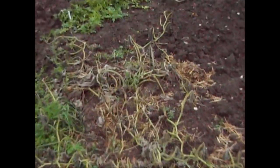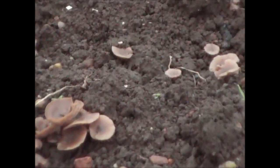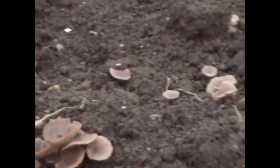I've just actually noticed I've got a load of toadstools growing on the vegetable patch there. I've not seen that before. They've come up in the last couple of days, and there's some there, look, as well. I'm sure you can't eat them, most of them are poisonous. But anyway, that's the